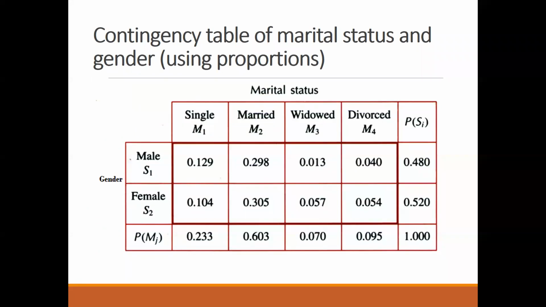Now this is one table of marital status and gender using the proportions, that is your probabilities. Please note down this, and then some questions will come. Please try to solve it. Some answers will be already given to you, and I'll ask you some questions. So we have single, married, widowed, and divorced. We have the last 10 minutes left. Have you taken down this? Yes, sir. Okay.